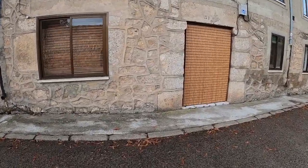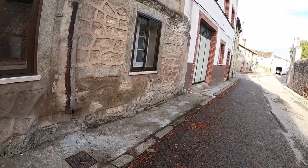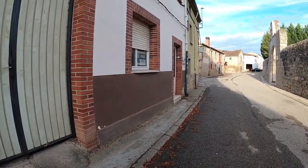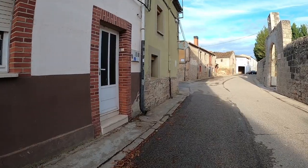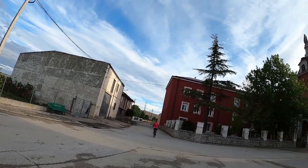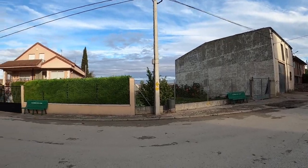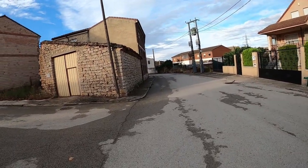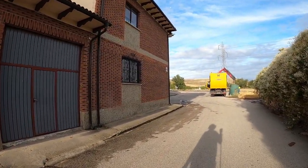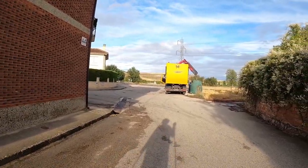There we go. A lot of these places have these beads in front of their door, and that's a unique thing you don't see in the United States. There's somebody riding a bike here. Church right there, and some sort of home right here. And we're going this way. We got arrows. I always wondered about these containers that you see on the side here. They've got some sort of way of picking them up